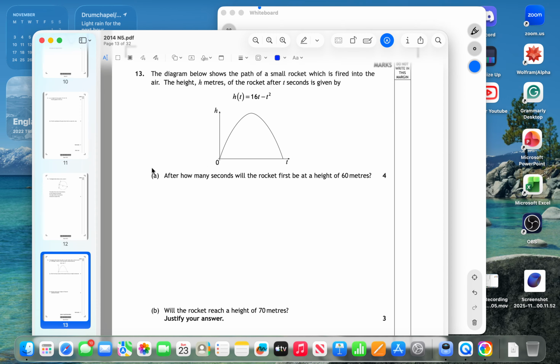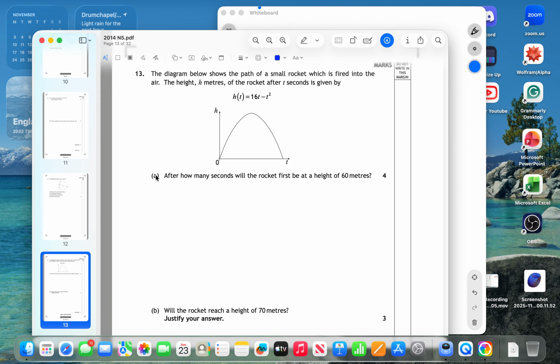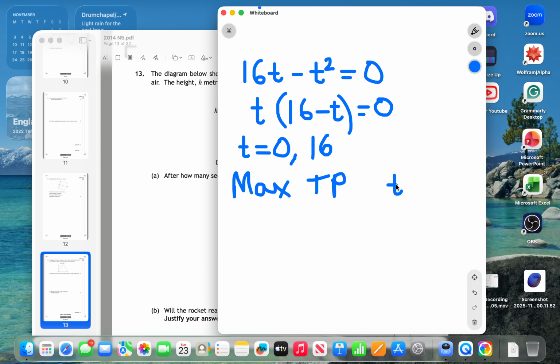We have a maximum turning point. So the maximum turning point will correspond to the highest height that the rocket can reach. And we know that at the maximum turning point, the t value will be halfway between the roots. So if t is 0 and t is 16, at those two values the height is 0, and they are the roots. So if we go halfway along, that is t is 8, and at t equals 8 there's going to be a